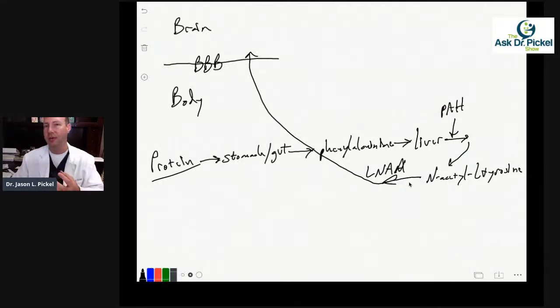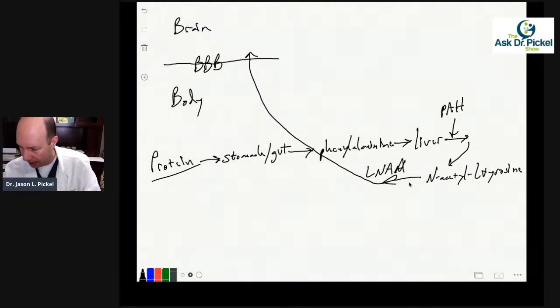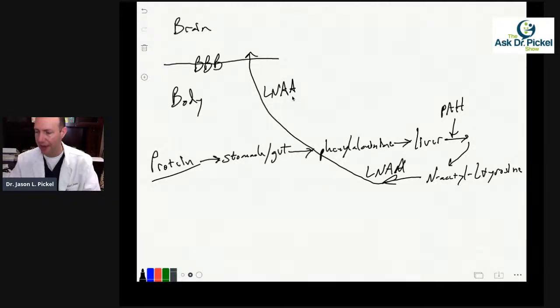And this is another amino acid, basically. It's a neutral amino acid. Another reason why amino acids are so important. So this LNAA is like a taxi cab that carries it and allows it to pass through the blood-brain barrier. So now we've passed through the blood-brain barrier, and we are now,